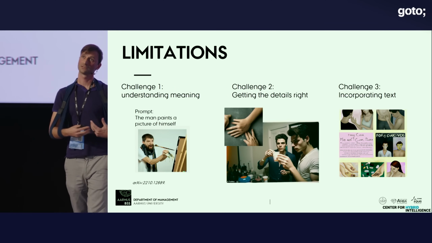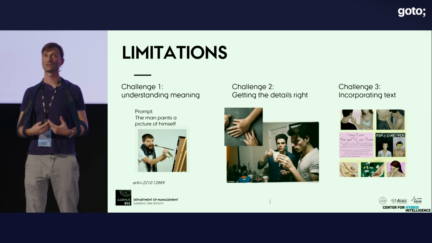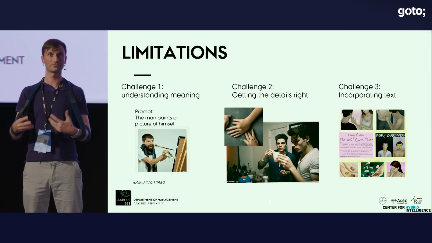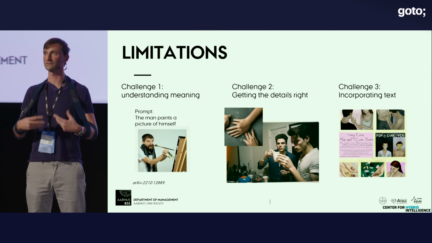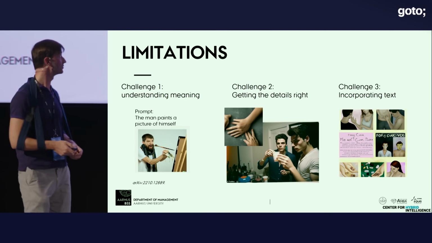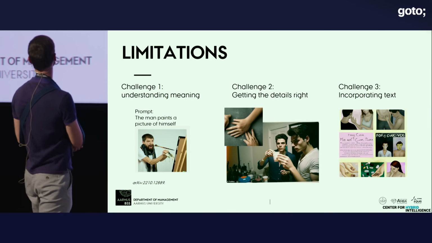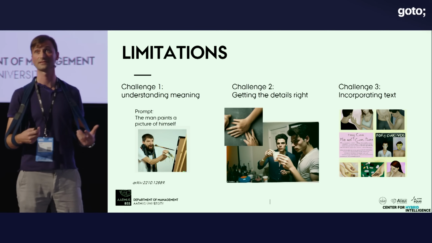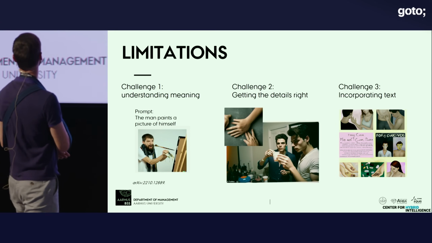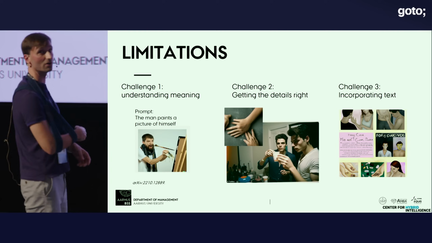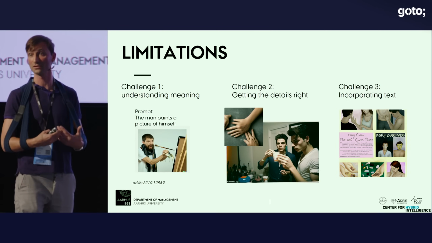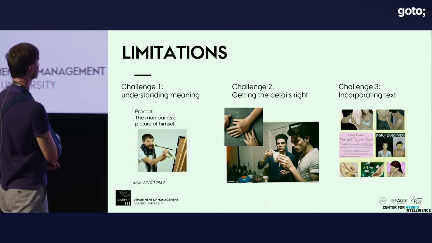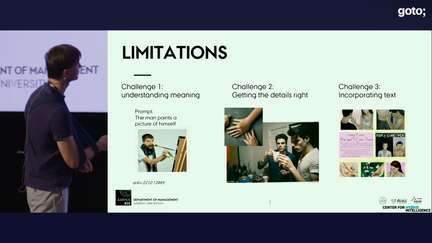So the important thing about seeing that technology being rolled out is that it goes through phases. Every one of these applications goes through failure modes that become part of the narrative. The first challenge is to really understand what the text is saying. So if it's the man paints a picture of himself, then we get these odd failure modes at the early stages of a technology development. And then all of the providers say, okay, we have to fix this kind of common sense thing. And then it gets into some more subtle